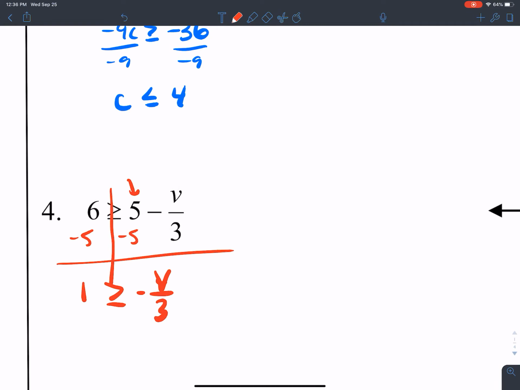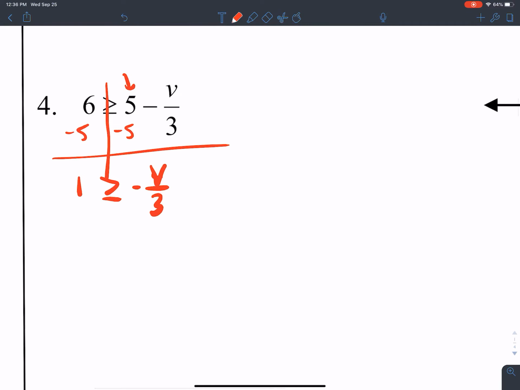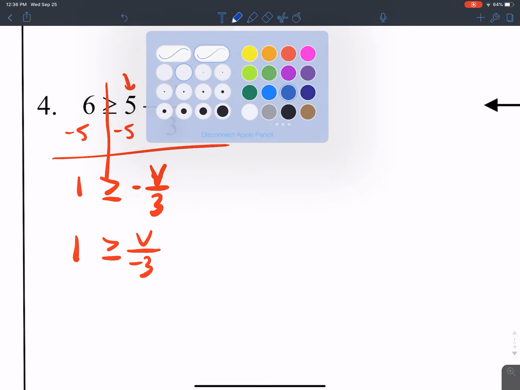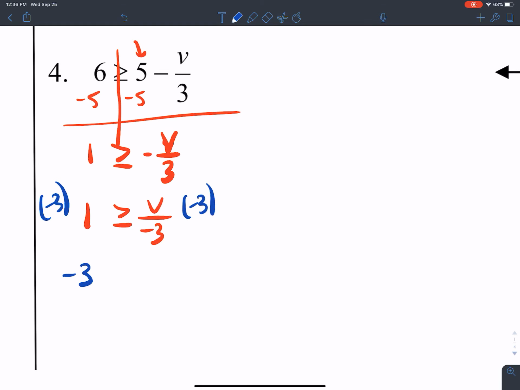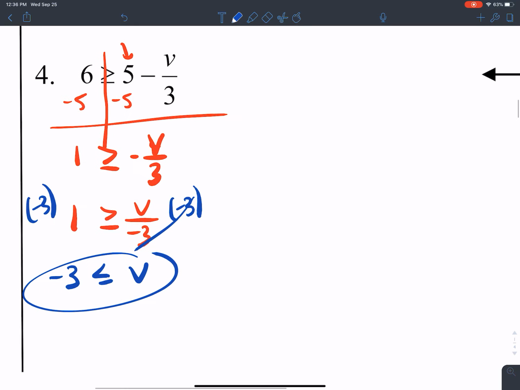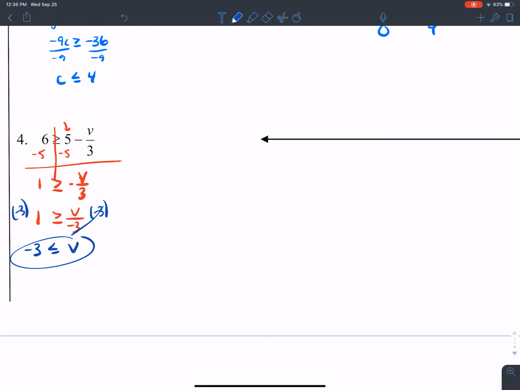And just remember, when it comes to a fraction, put the negative either on the top or the bottom, just not both. So I like to put it on the bottom, so I know that if I'm going to undo dividing by -3, I would multiply both sides by -3. The bell's going off in my head because I just multiplied by a negative number, so I'm making sure to flip the inequality symbol. So we have all the v's that are bigger than or equal to -3, so a